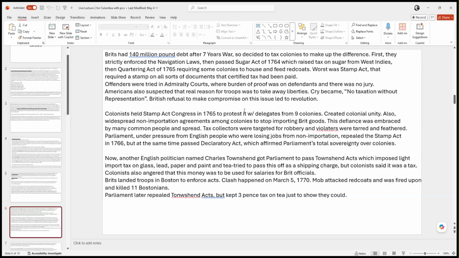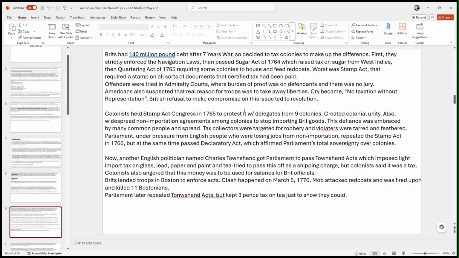There's also something called the Stamp Act. And the Stamp Act was just a straight-up tax on any kind of official document that a colonial person might need. If you tried to get a marriage license, if you tried to open a business, get some kind of a license for that, change property, needed a deed, whatever, any kind of official document you had to have stamped, and you had to pay a tax on it.